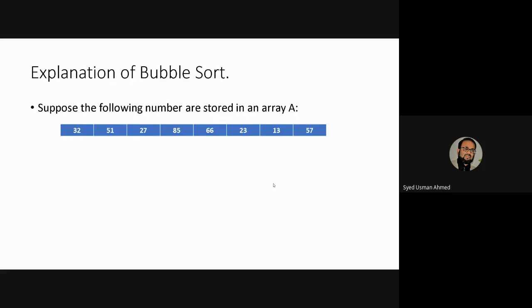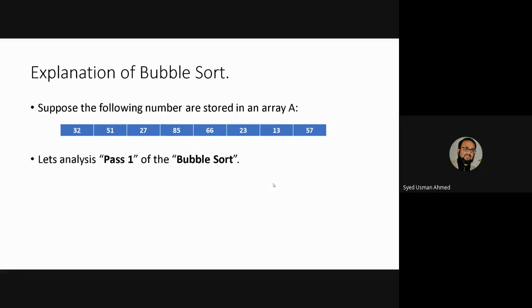Now let us see bubble sort with the help of a simple example. Suppose the following numbers are stored in an array: 32, 51, 27, 85, 66, 23, 13, and 11. And we want to sort them. So let's begin sorting this data with the help of the bubble sort algorithm.